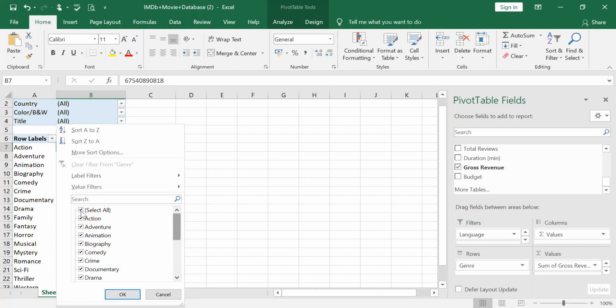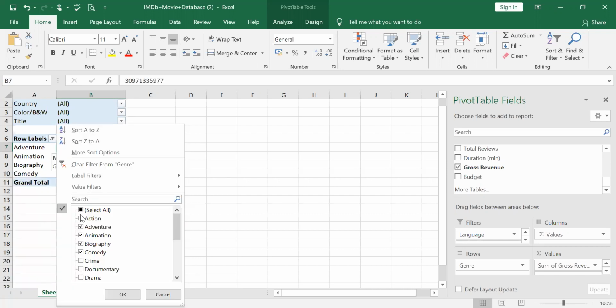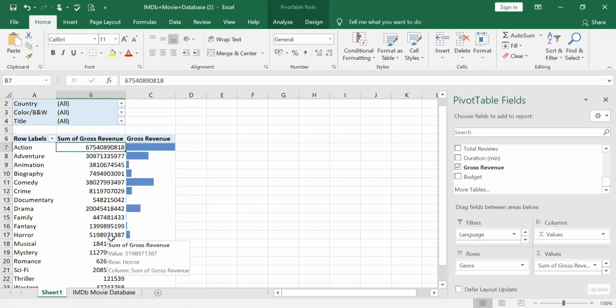You can select specific genres and only that genre gets selected. Or you can just select all, and select all or deselect the items that you want.